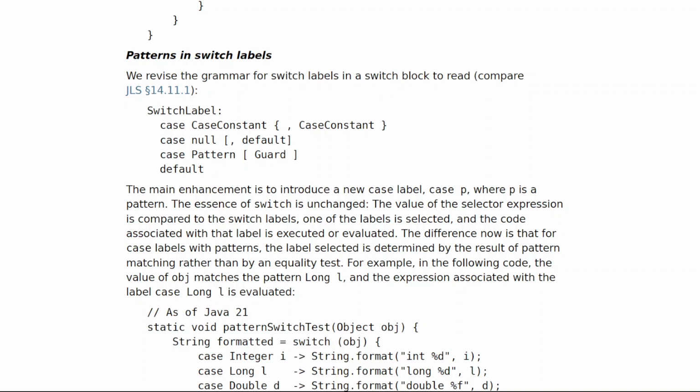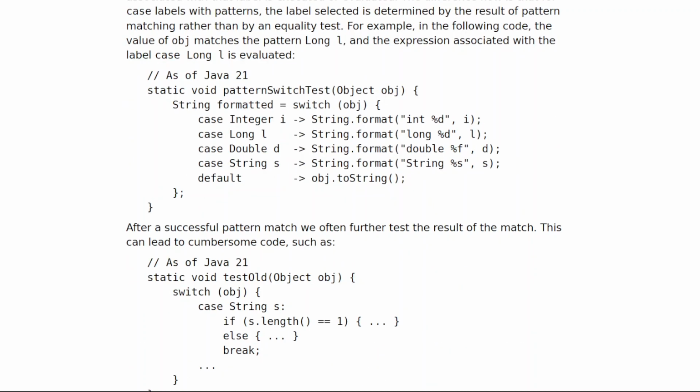// as of Java 21. static void patternSwitchTest(Object obj) { String formatted = switch (obj) { case Integer i -> String.format("int %d", i); case Long l -> String.format("long %d", l); case Double d -> String.format("double %f", d); case String s -> String.format("String %s", s); default -> obj.toString();